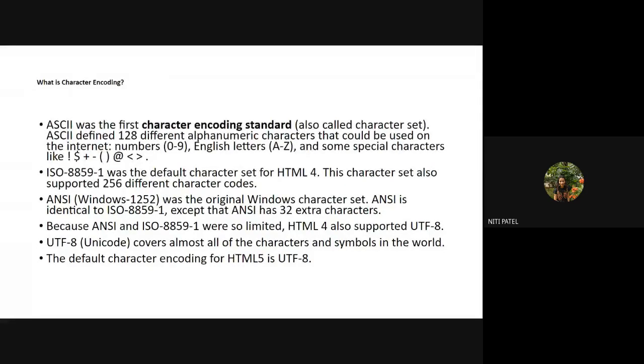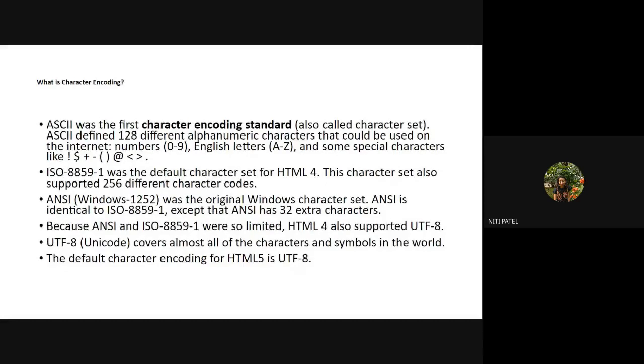Now listen carefully. When I write something, how do I write? I write by using the keyboard. Does the keyboard contain only two keys, zeros and one? No. We have A, B, C, D, X, Y, Z, some numbers, some characters, everything. So how do I give an input? I write whatever I wish. If I want to write my name, I will type NITIPATEL. Okay, this is what I have written.